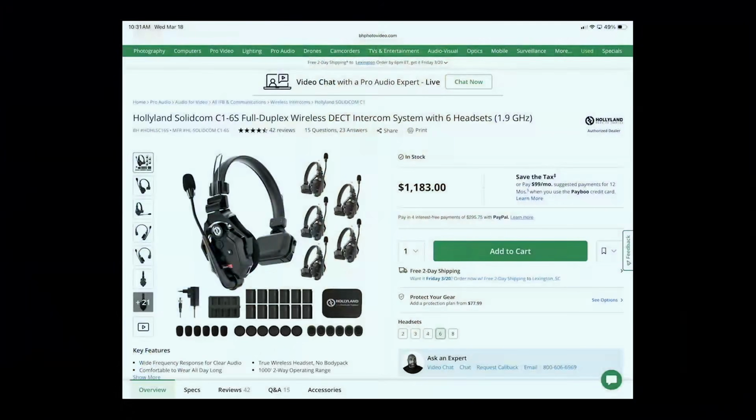Let's get to our next question. Tony Mobley in Noonan, Georgia asks, I need a comm system for a house of worship group of 5. Low budget, any suggestions? I think Jeff and Marty are both going to help you. Jeff, let's start with you. So there's the Hollyland wireless SolidComm. The whole package comes together. This is 6 headsets for $1,200, and it has rechargeable batteries. I will caution that this can have trouble going